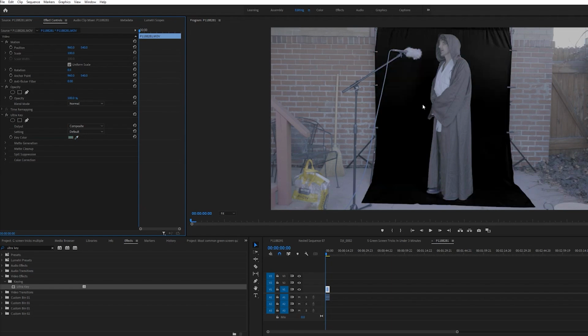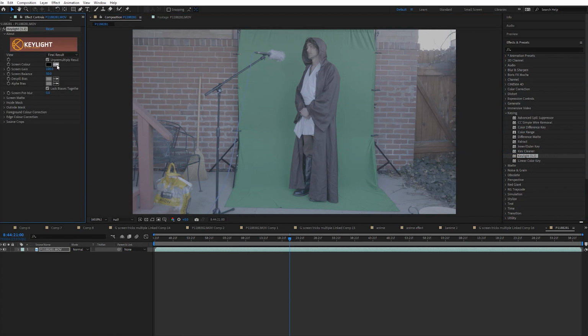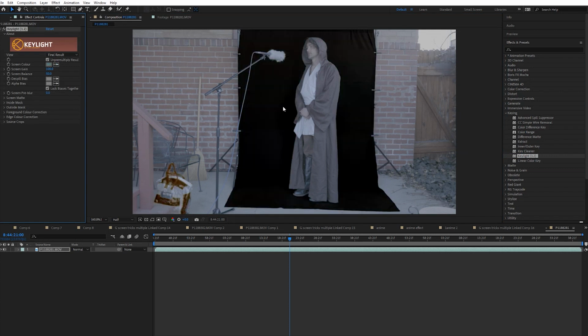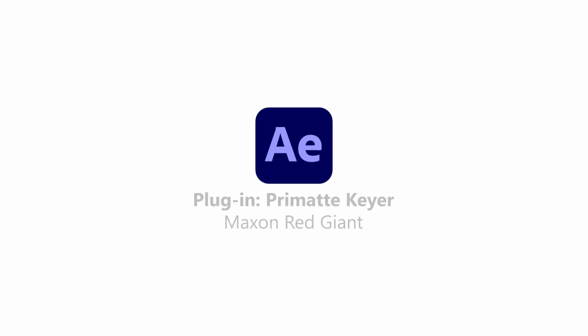So using Premiere, you're going to use Ultra Key as your keying tool, where you just eyedrop the actual color. And with After Effects, you're going to be using Keylight 1.2, and it's going to have a lot more functionality and power to it. And it also has awesome tools like Key Cleaner to help with flickering hair, as well as a great spill suppressor. And if you're looking to take your green screen keying to the next level, there are also added plugins that you can buy, like Primatte Keyer from Maxon Red Giant,